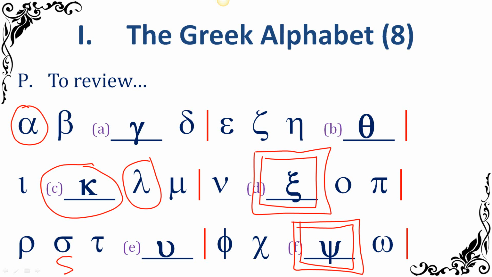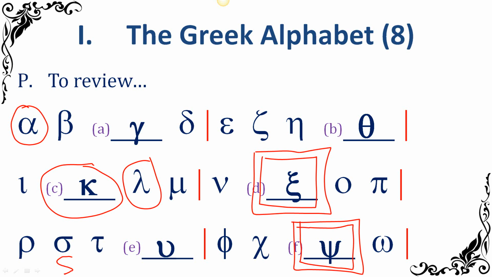It's like the CH in Loch, like Loch Ness Monster. Or the CK in rock. But you don't transliterate it with a K. No, you don't, but that's the sound. So there's phi, which is transliterated PH. Then there's chi, which is transliterated CH, but it doesn't have a CH sound.